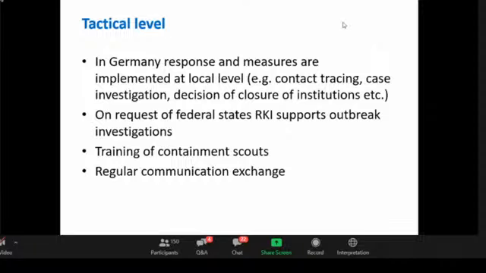Those are people, usually, for example, students, who are helping out the health authorities with contact tracing, and they were employed by the national level. And then we have regular communication exchange with the federal states. So, for example, we've got every Tuesday a telephone conference with all federal states. That was also already implemented in peacetime. So we have had it for over 10 years, every Tuesday.